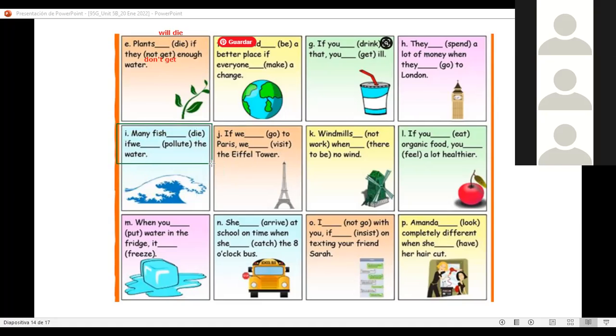Many fish if we the water. Hello, guys. First conditional with this one. Charlie, can you help me with this one, please? Many fish.